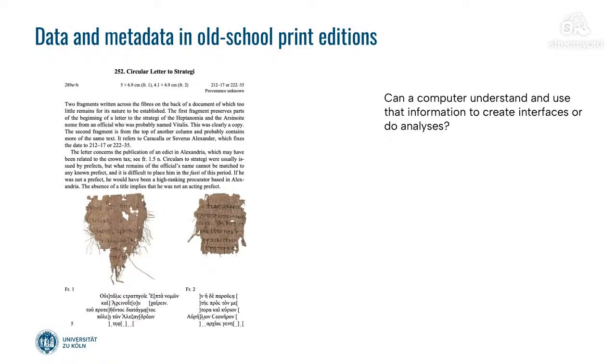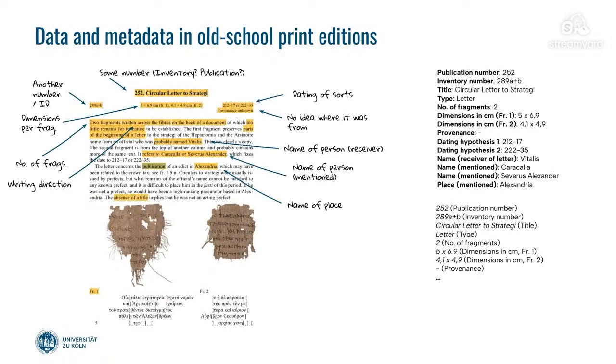And you might want to ask why not just use that? But the thing is that a computer has real issues understanding and using the information and automatically creating an interface or analyzing the contents. So what we have to do to turn a manuscript into an edition or virtual library is to structure the data. A first step can be to look at the printed page and to mark the different components we have,